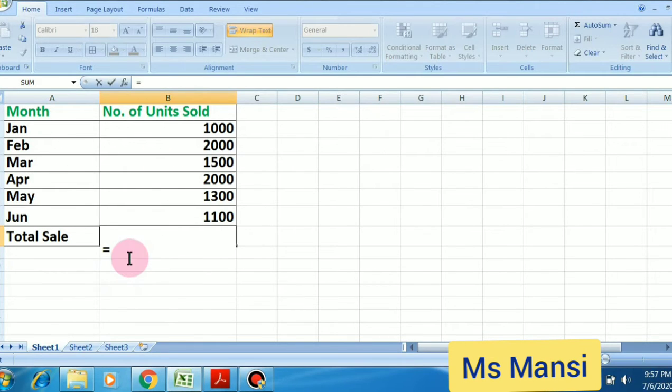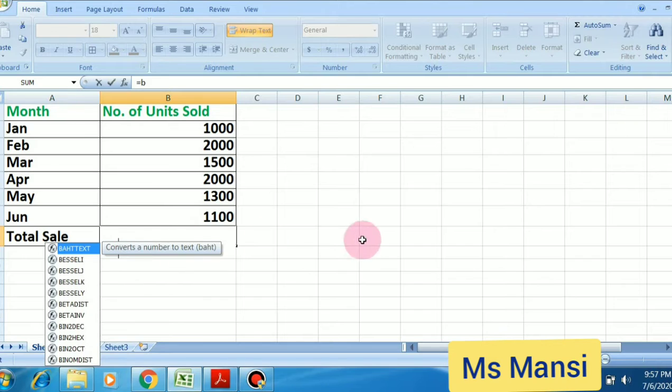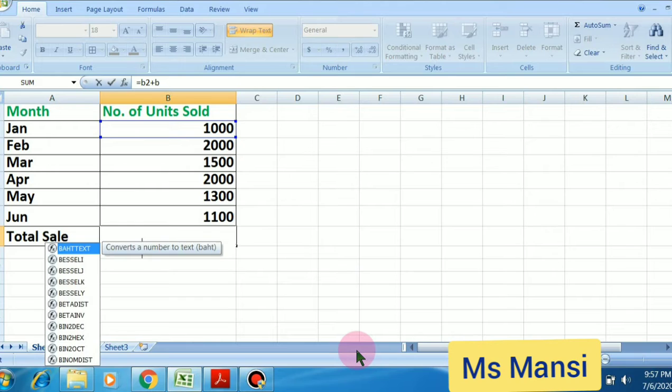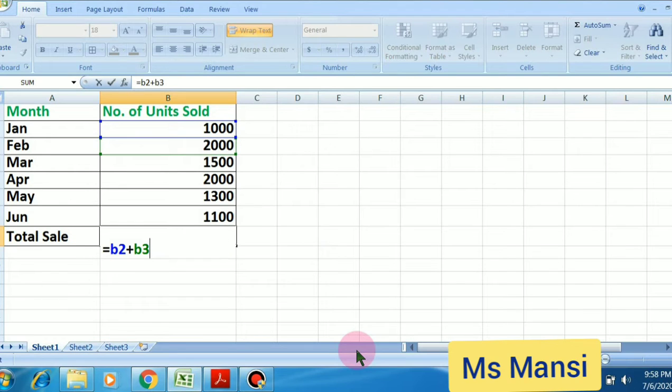B2. Okay, then we put a plus sign here. Next is B3, B3 plus. 1500 is in which cell?